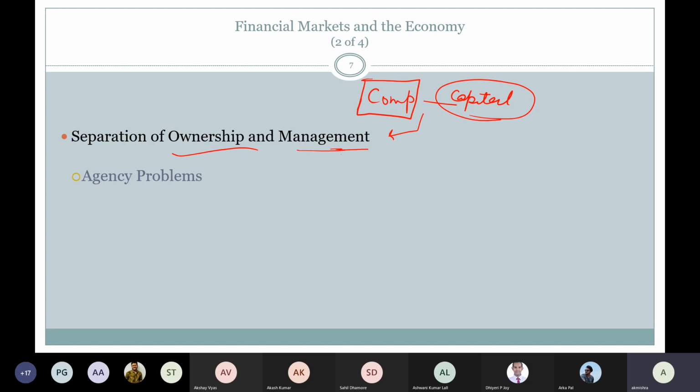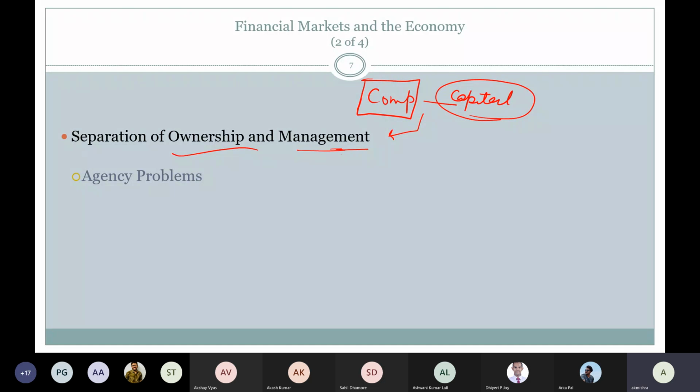The role of the manager would be creating and managing the portfolio, managing various operations of the company, whereas the role of the owner will be looking at how management is functioning, considering the owners' requirement, because the owner will always prefer that wealth should keep on increasing. But whether management is able to do that or not, that monitoring will be done by the ownership.